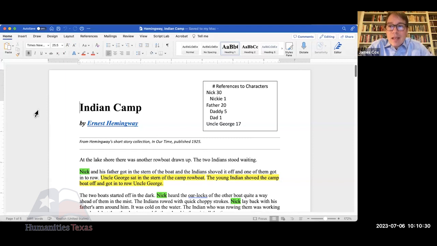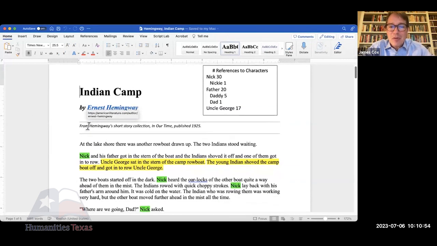Now, one thing in particular that I'm going to do the next time I teach Indian Camp is I'm going to focus on Uncle George, because if you follow Uncle George, which is a character I almost never talk about when I teach this story, his character arc in this story is really interesting. I'm going to scroll through this and then I'm going to stop sharing screen too. But if you look,